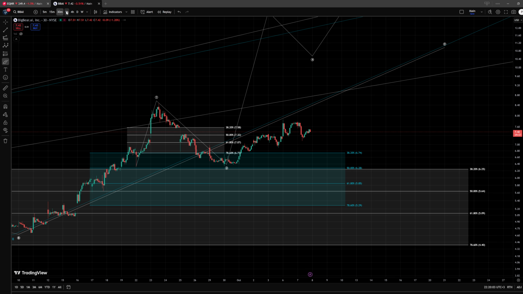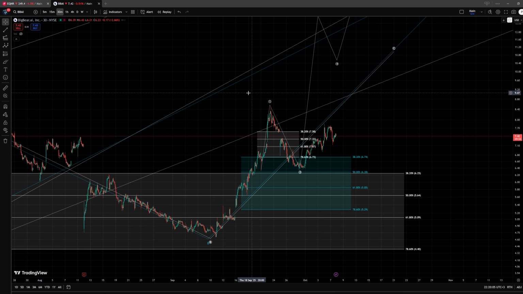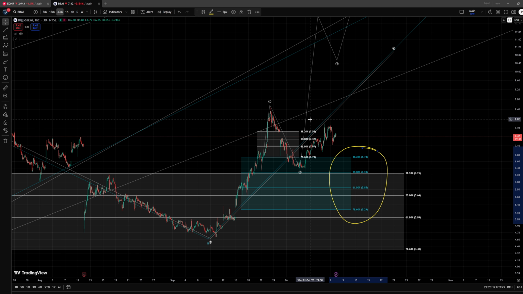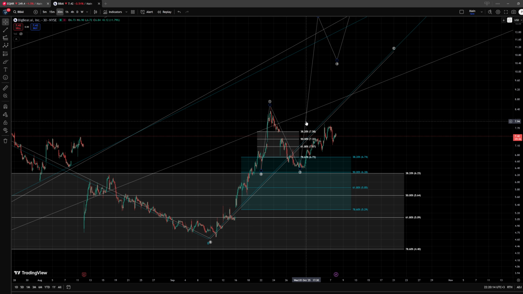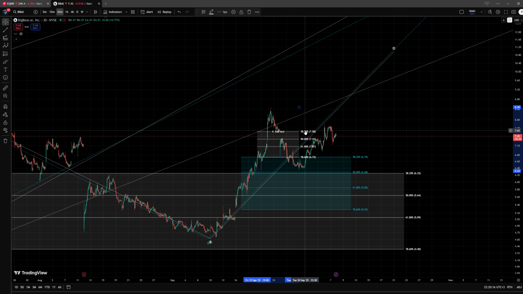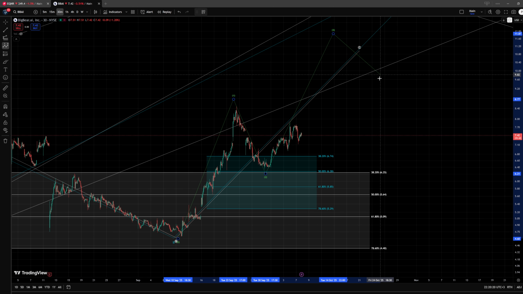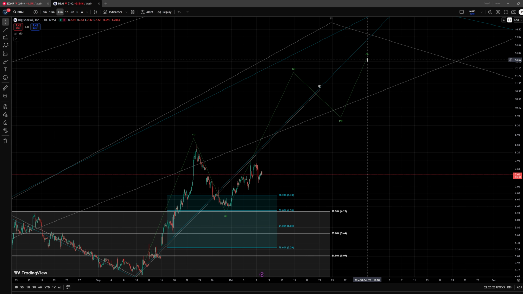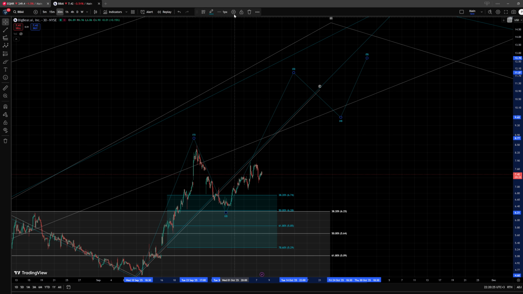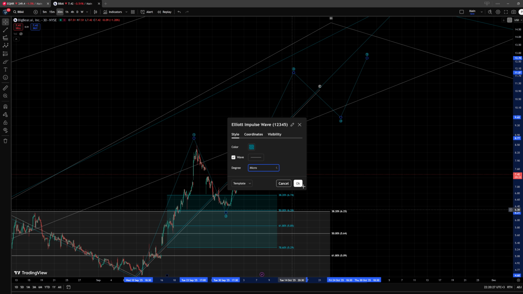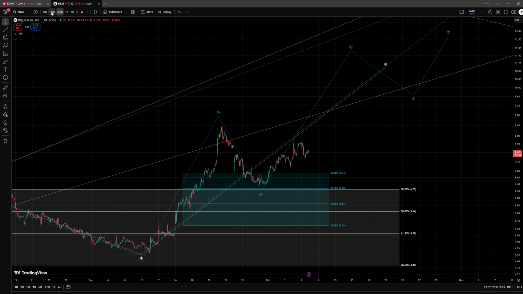I could argue that it could continue, and it can continue to the downside, no problem. We do still have a lot of room in this larger support zone area, but I would probably like to remove this interpretation and keep a more simple 1-2 setup here that we can track directly. Now, I'm not confirming that we have already bottomed here, but I can point out, and I will, that we